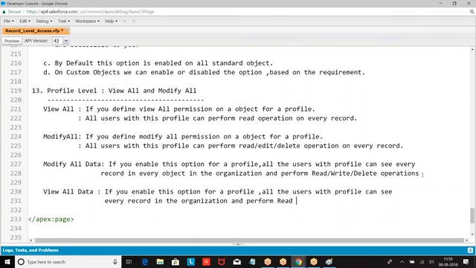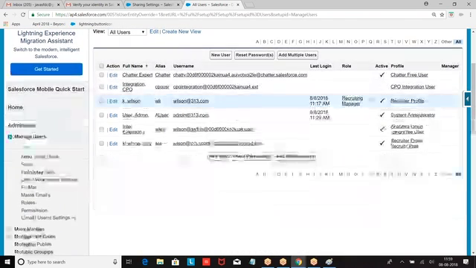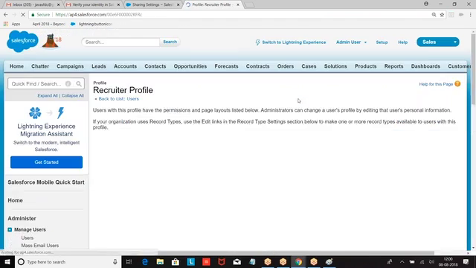Now modify all data: every object will be visible to you, every record is visible to you, and you can perform read, write, delete. Then we have view all data. Every record in the organization is visible to you. You can only perform read. Now look at this option, everyone. Profile.